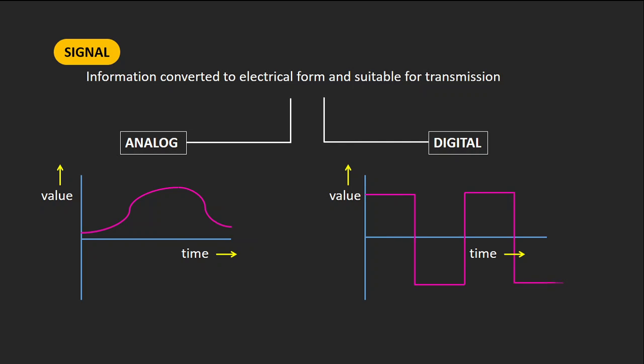But when you consider a digital signal, you can easily see that it will have only two discrete values, one high and one low. There won't be any intermediate values between high and low. So that is called a digital signal. Both graphs obviously tell you the basic differences between analog and digital signals. We'll elaborate on those differences a little bit more.